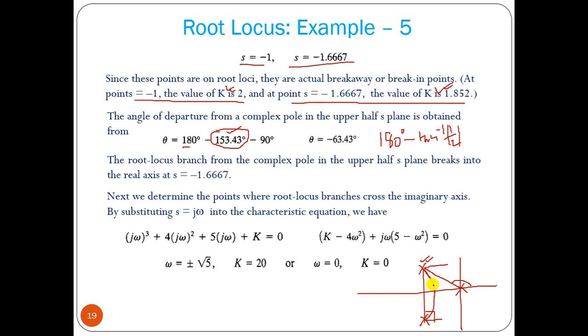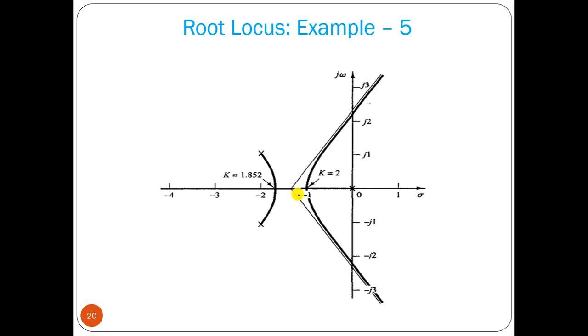And it should meet at some point, then one should break away. We have 3 branches. So one should come here and break away and go this way, another one should come here, break away from another breakaway point this way, and another one goes this way. So let us find out how the plot looks. Now see, this is the plot.